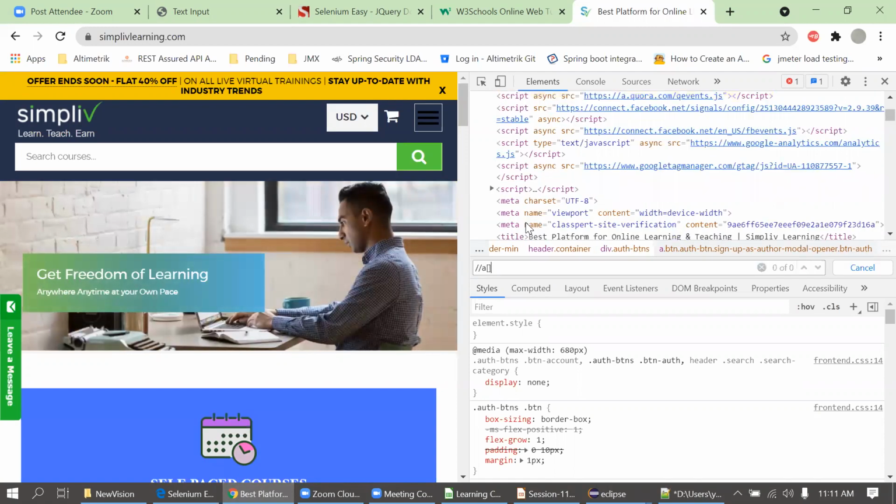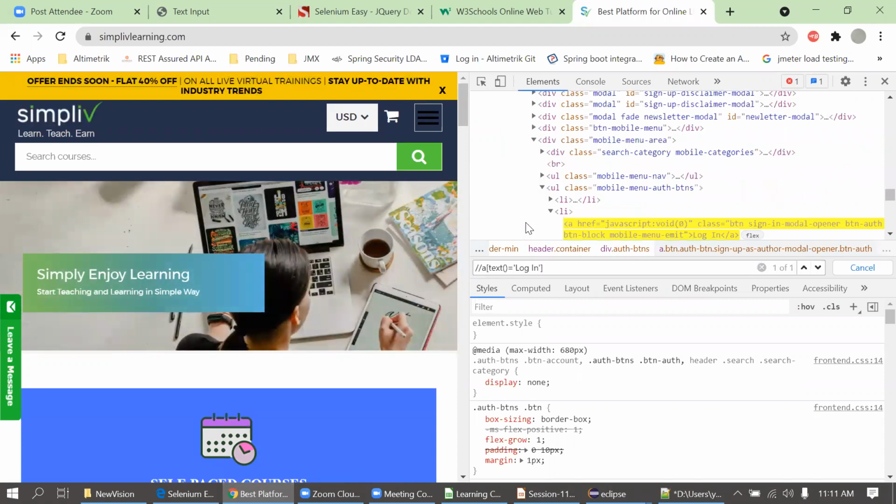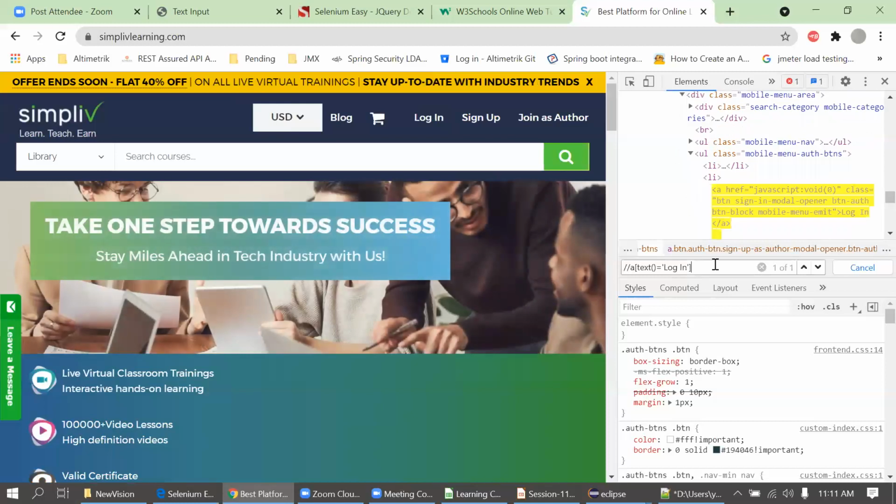Simply I will create a locator like this, with text. Now let me check if it is pointing or not. Where is the button?